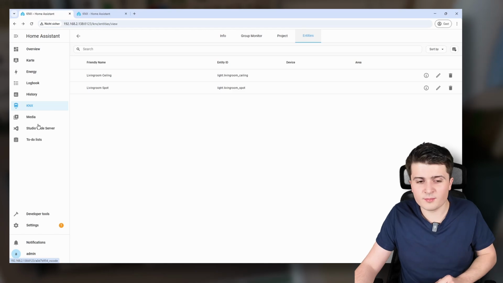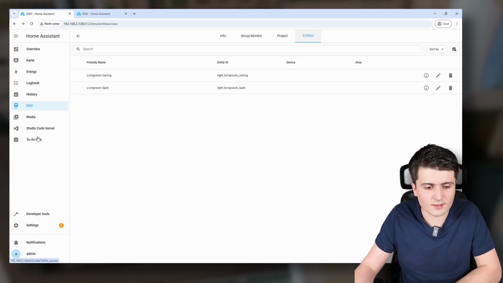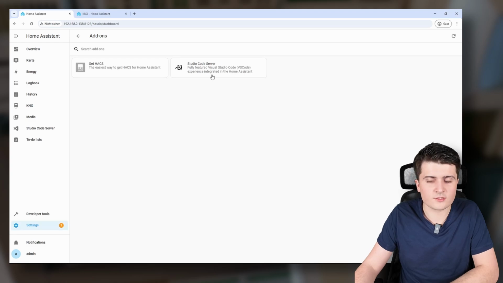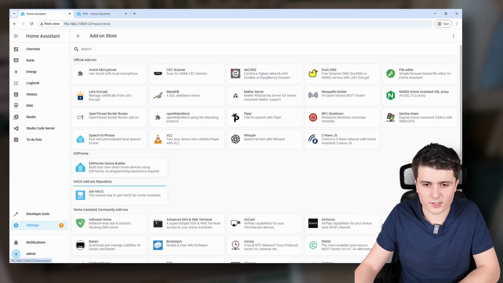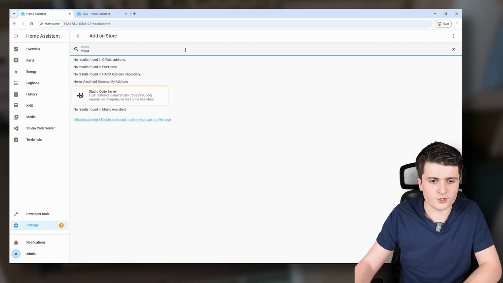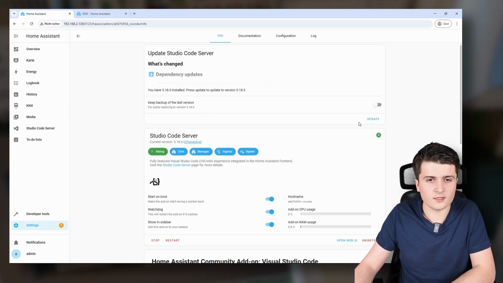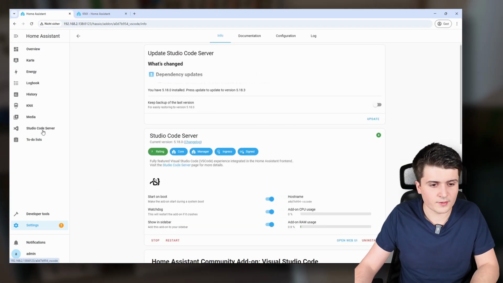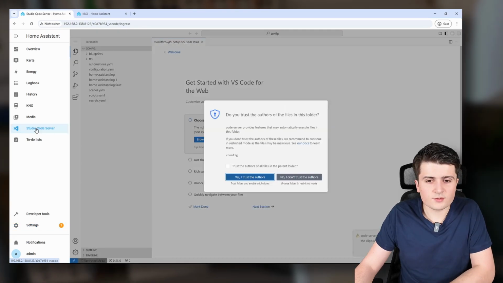So I was lying at the beginning because I have already installed something, and that was in the settings via add-ons, the Visual Studio Code server. So simply click here on add-on store and search for Visual Studio Code server, and then you can install it. In my case, I need to update it, but I will do that after the video. Now in my Visual Studio Code server,